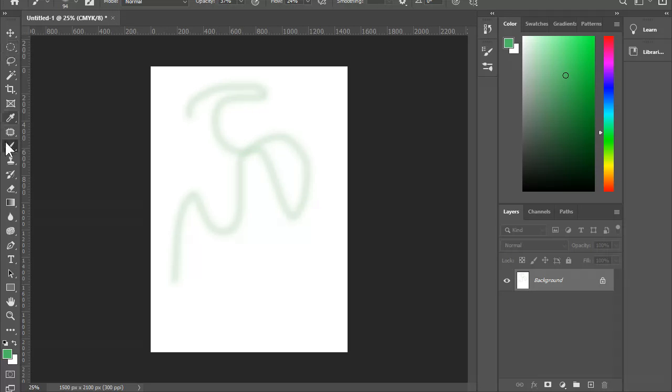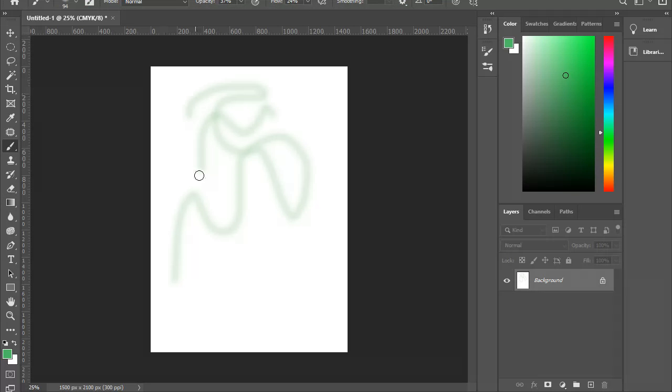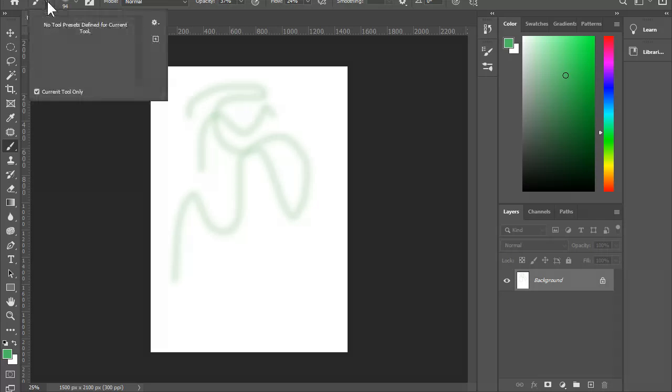And every time you pick a tool, so I just took my paintbrush tool, up here across the top, you'll see that this changes. So if I click on the cropping tool, this changes the next toolbar that's here. And that's your options bar. So every tool has a variety of different options. So for example, your paintbrush could be, if it's not in here,